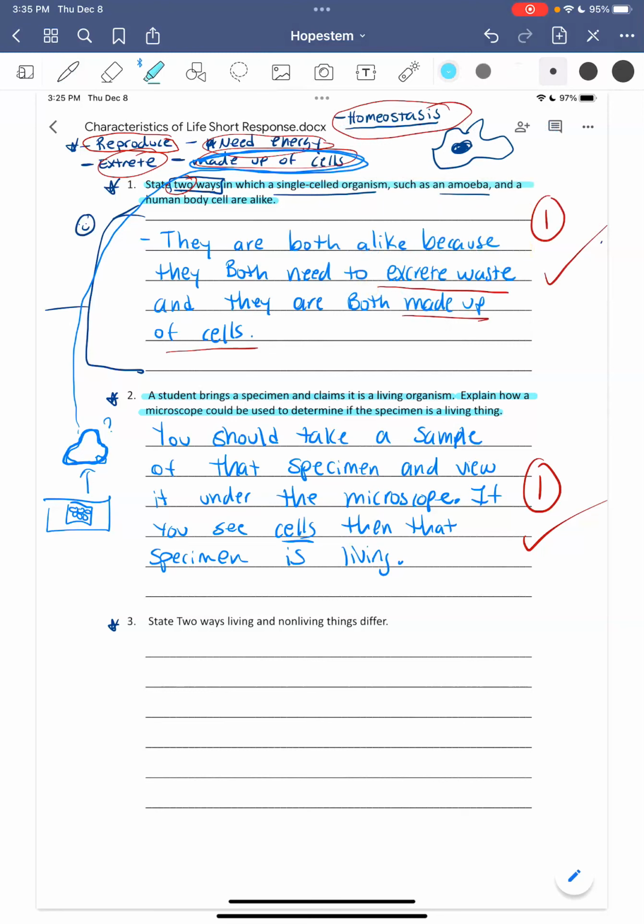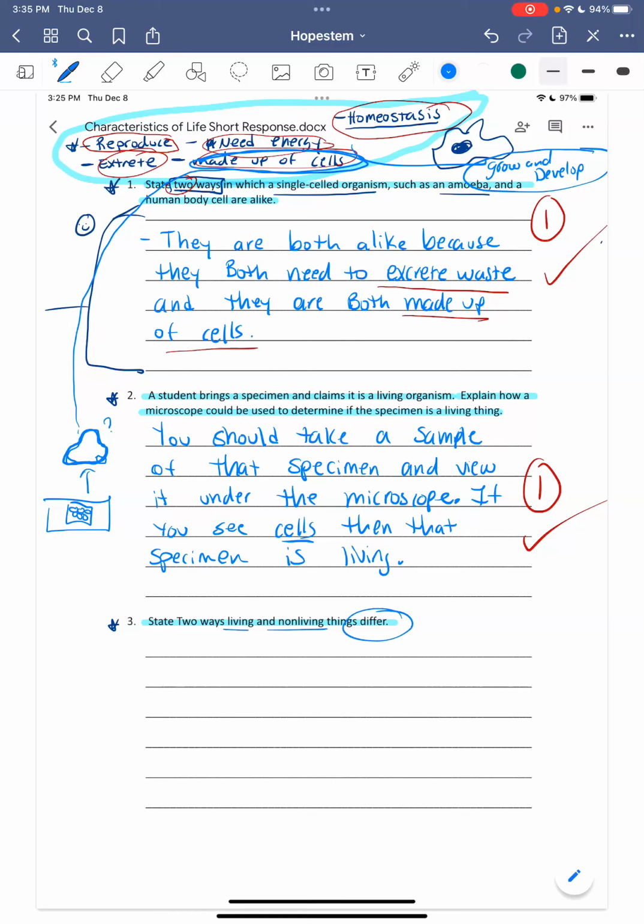Okay, next question. State 2 ways living and non-living things differ. Well, we're going to go back to what we said before of the characteristics of life. Okay, let's add another one. Grow and develop. Okay, so state 2 ways living and non-living things differ. Okay, so you can put they differ